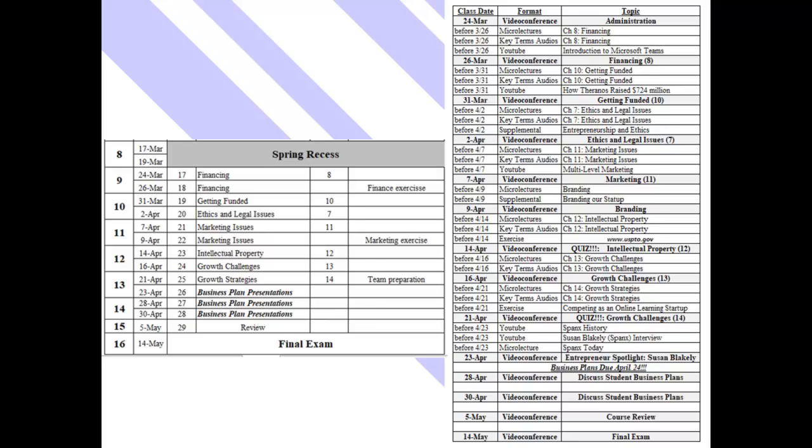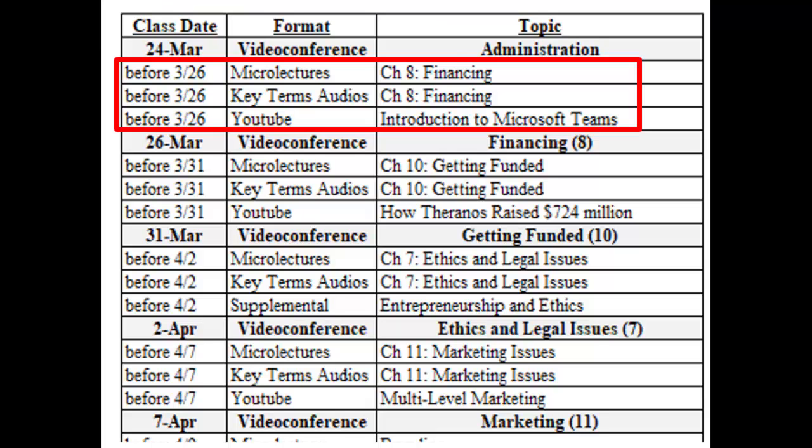Notice instead of just having the very, very basic March 24th, we're going to handle financing, chapter 8. That's what that 8 is, the column. I didn't have the entire sheet there, but I broke it up much more finely for the students. And so you can see that for March 24th, we had a video conference, and that was just the first day back online. And that's where I explained to the students exactly how we were going to handle the second half of the semester.